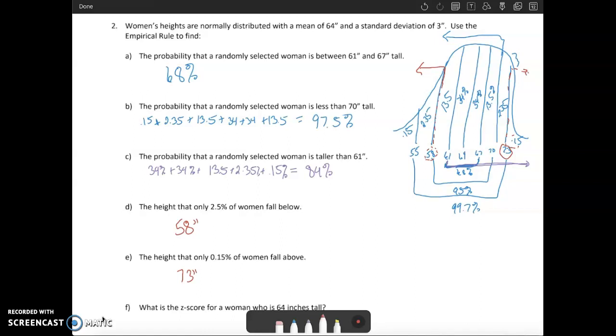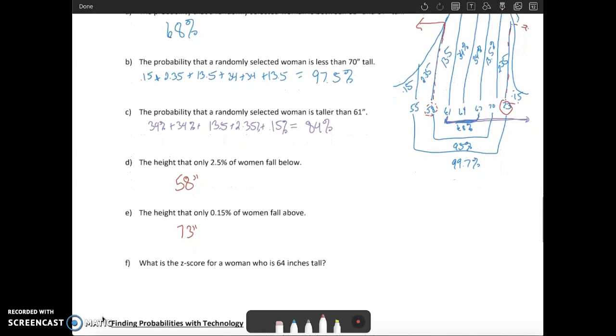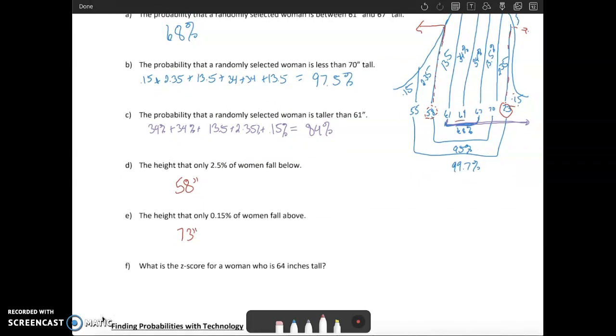And finally, what is the z-score for a woman who is 64 inches tall? So that happens to be 64 inches, which happens to be our mean, so you may know this already, but just as a reminder, how do we calculate z-scores? We take the value in question, so 64 in this case, minus the mean, which also happens to be 64, divide by the standard deviation, which is 3. So in this case, we get 0 over 3 or 0. So a z-score of 0 is the mean,